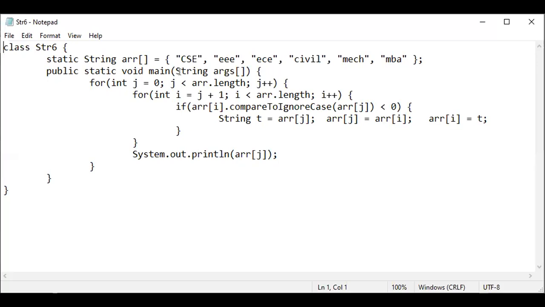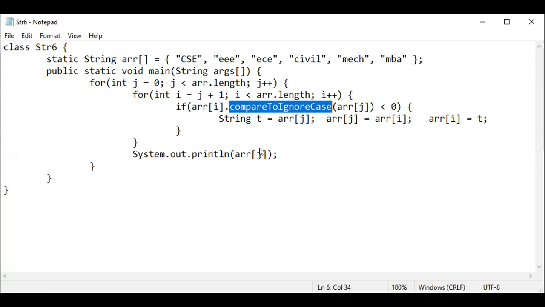Then I will show you another thing. Consider the same program with uppercase CSC like this. If you observe, I have used the compareToIgnoreCase method. Here CSC is uppercase and it doesn't matter. It puts CSC in the proper order in the sorting.